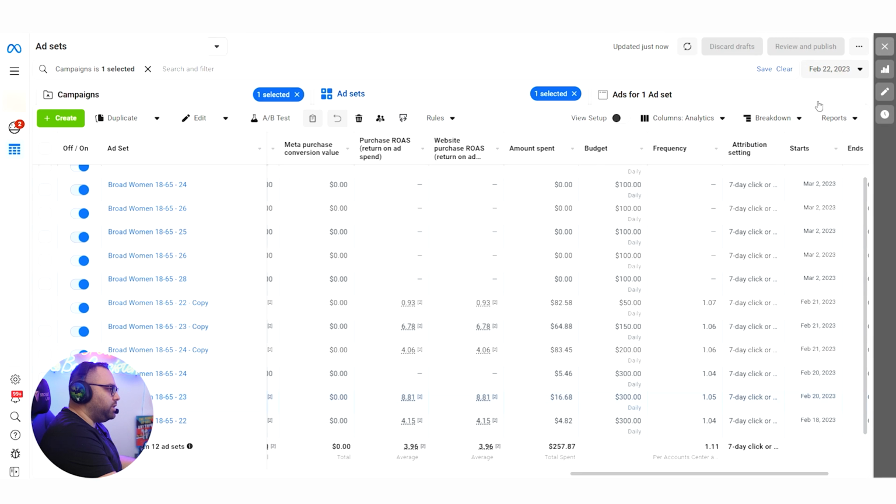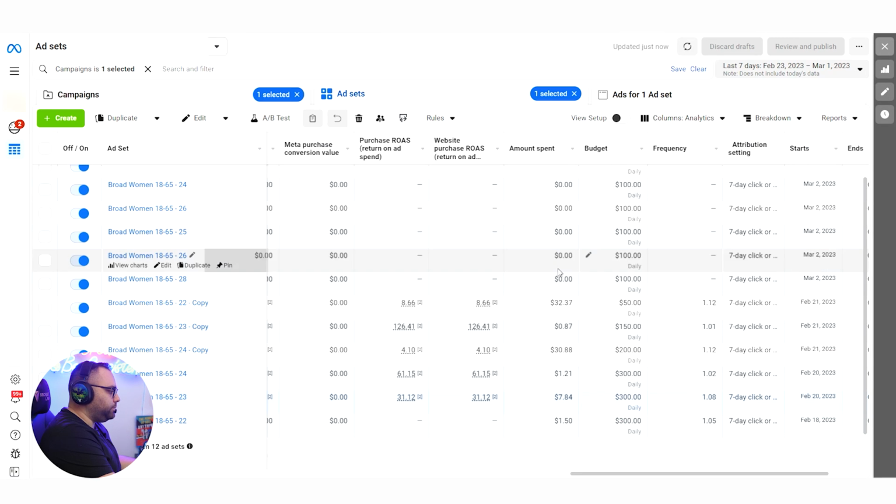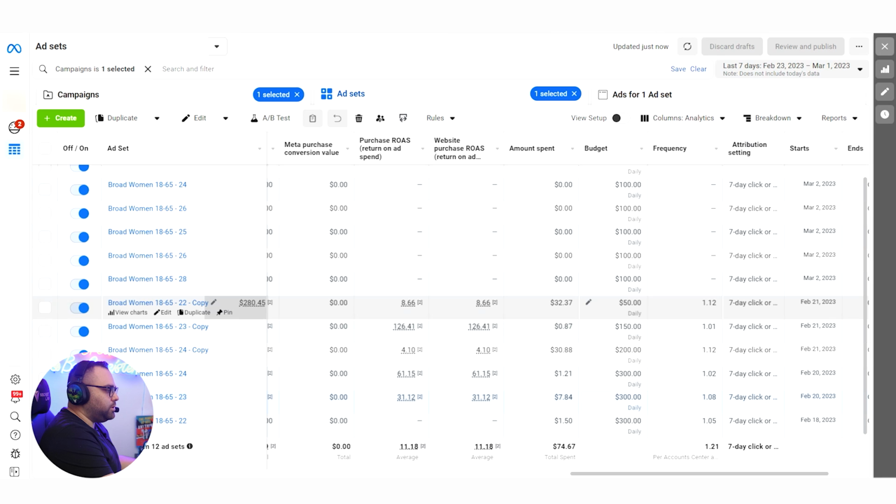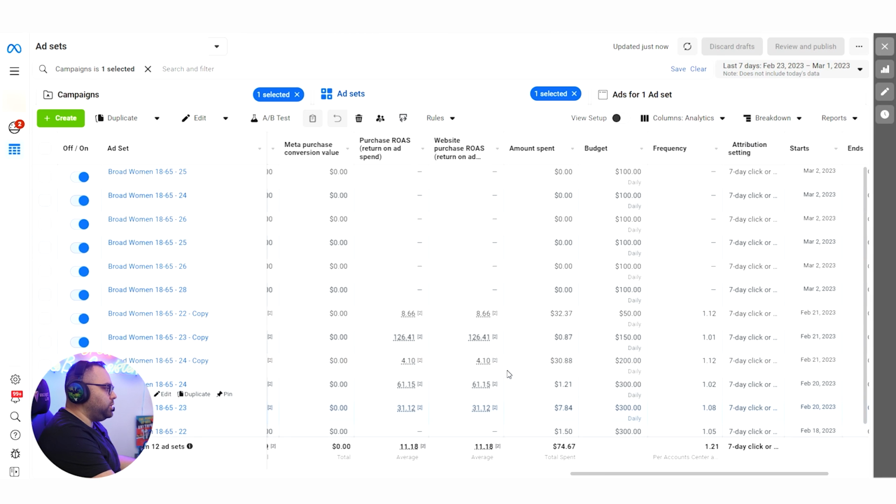The other thing that you need to know about the cost caps is that they die super fast. So if we see here on the last 7 days, we can see that it's not spending. So they are spending for a period and then they're just dying. So what you need to do is you need to duplicate them and relaunch them.